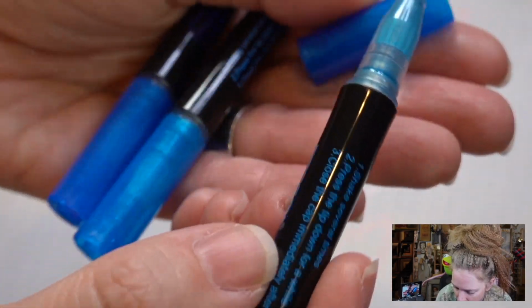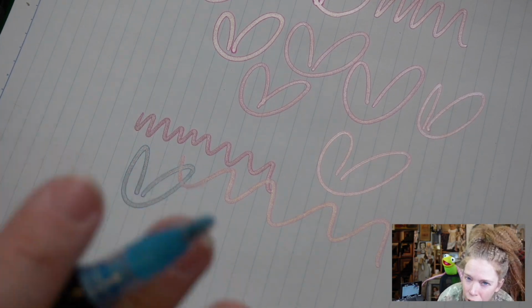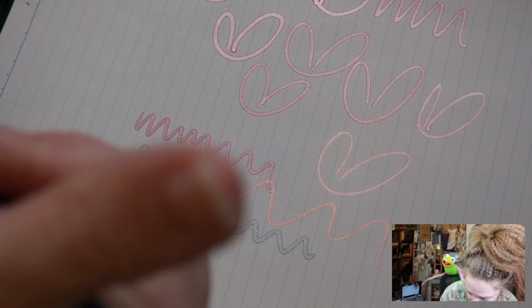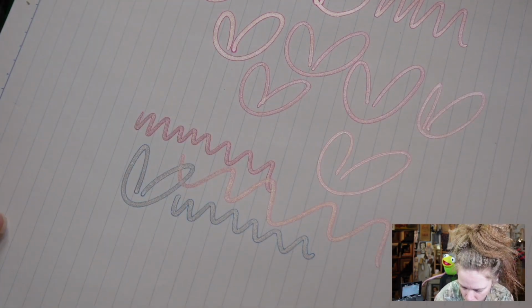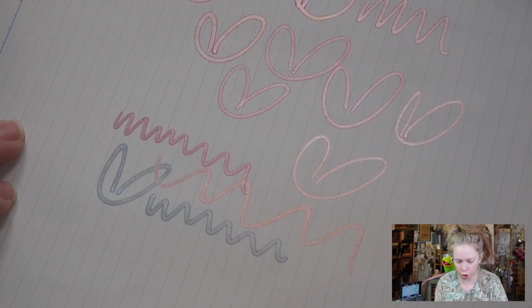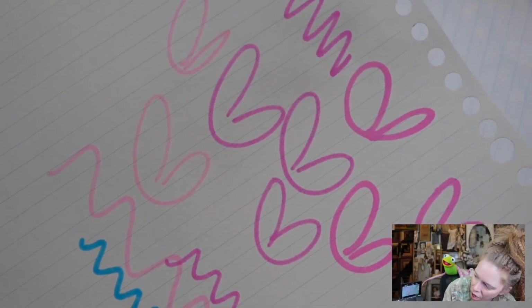But here is this blue marker. It is really cool to watch them literally change colors right before your eyes. Let's see how much bleed through we're getting, if any. Ooh, okay. Oh my God. Okay. Wow. This is very fascinating. Oh my God. Okay. So I just flipped it over and on the other side, you can see a difference